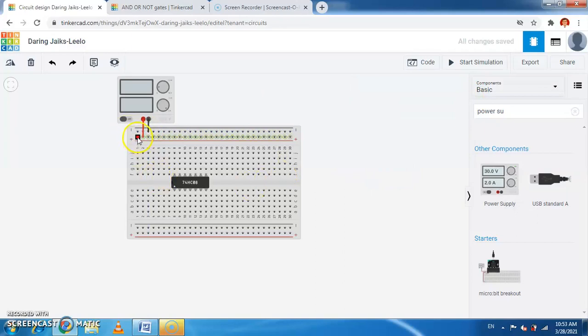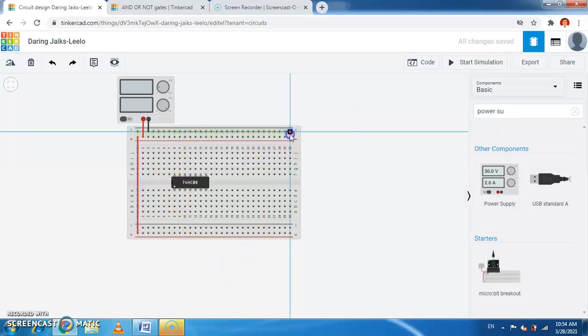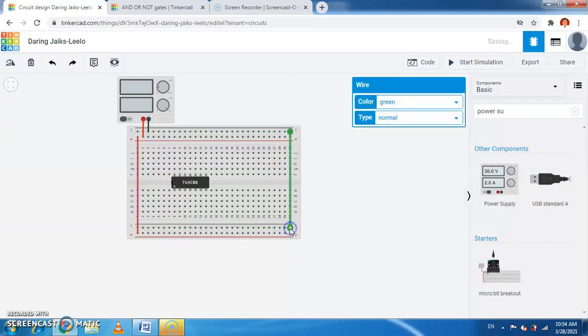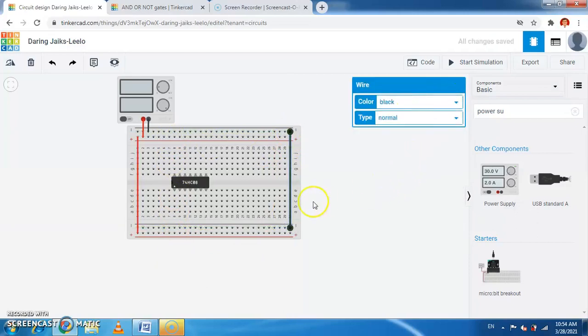Now we always use the bottom line also for that purpose here, for the convenience. So this is the last line with a red color, you can make it, so that will be the positive. Either we can take VCC from this side or this side. Similarly, you can have the ground, we can put like this here. This will be the black color. So in this way we made the supply here.